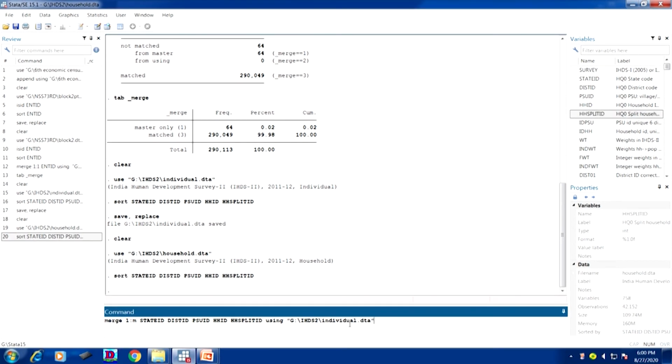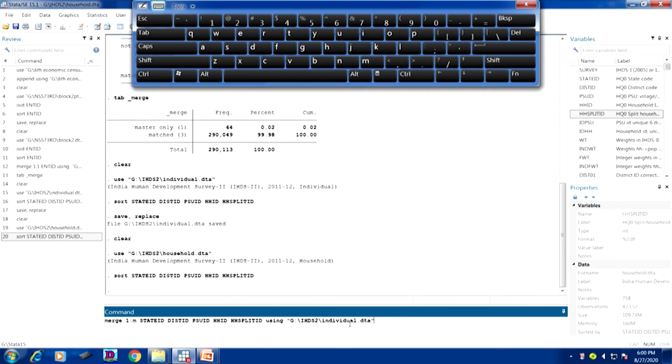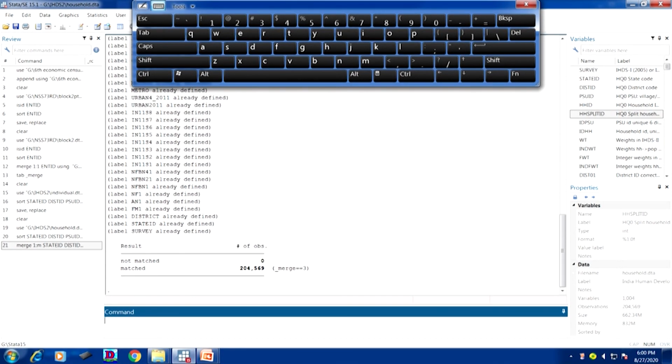Alright. Now, we have added the path name that is available in our file, which is G. For you it might be D, might be C, so you have to mark this carefully and copy it the way we used to do. Now, once you enter, this gives the merging info. Now, look at the number of variables. This has increased, and since there is no error, there is actually no problem.